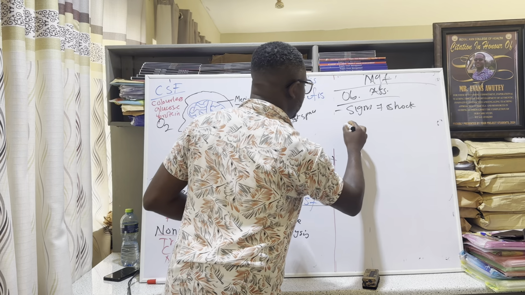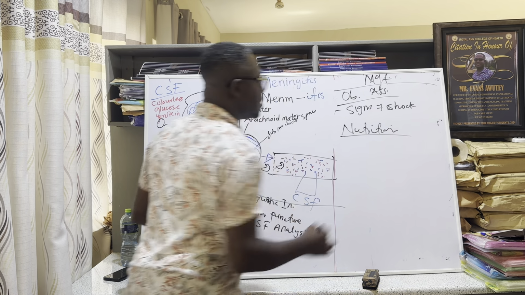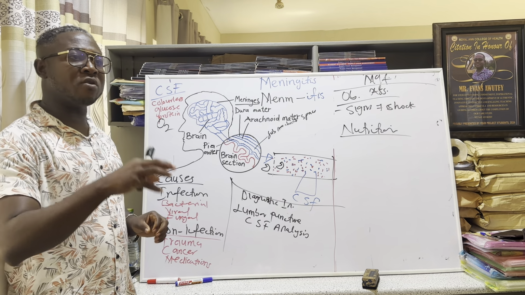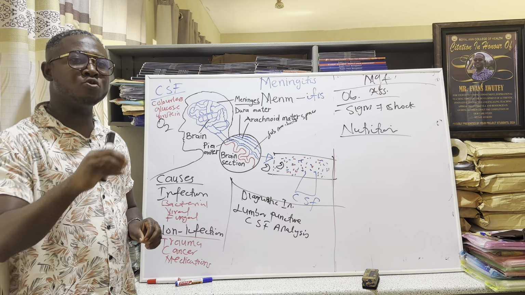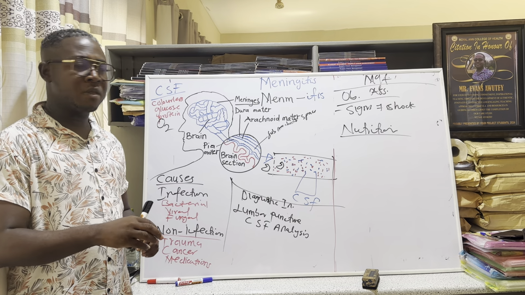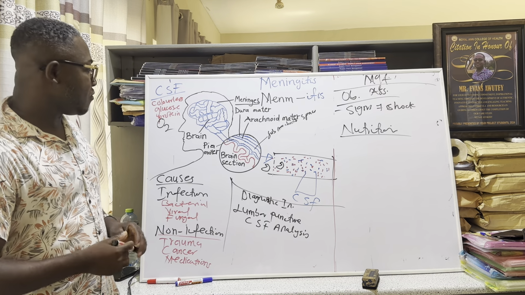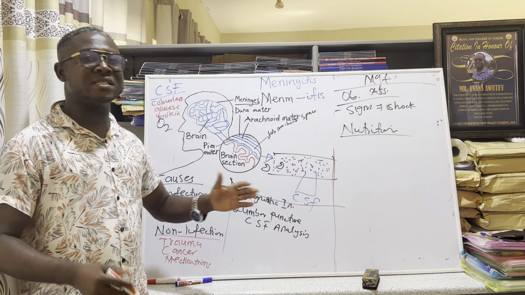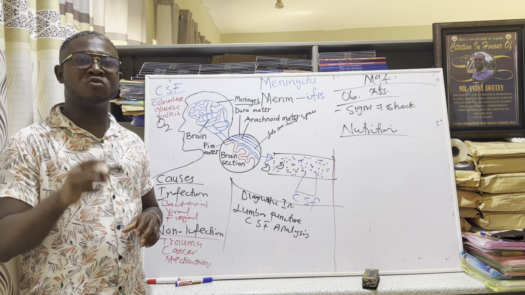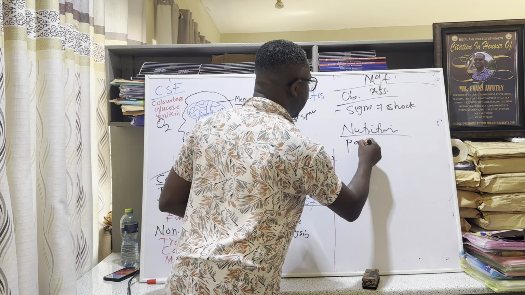Now, another thing we can also do as nurses in managing this patient is nutrition. So here in nutrition, we are looking at the kind of food to give to these patients and how we feed the patient. Is it by mouth or is it by NG tube? So that depends on the assessment findings of the patient. Now, remember we said that one of the clinical features is stiffness of the neck. So if this patient is having stiffness of the neck, we cannot ask the patient to put the food into the mouth, but rather the feeding will be either parenteral